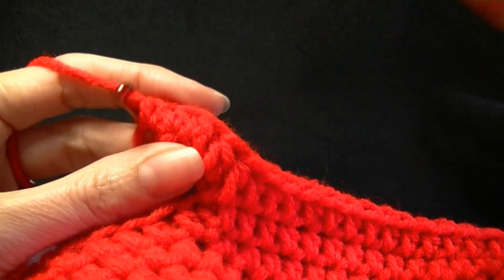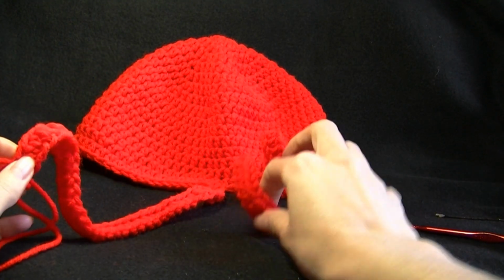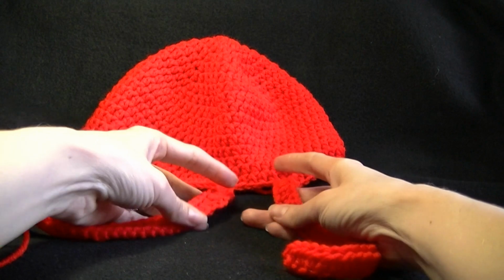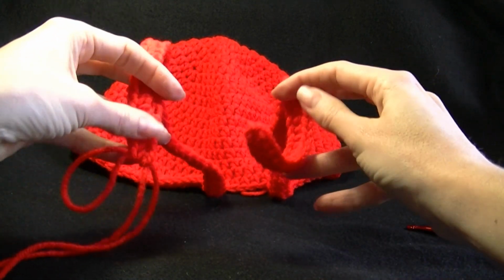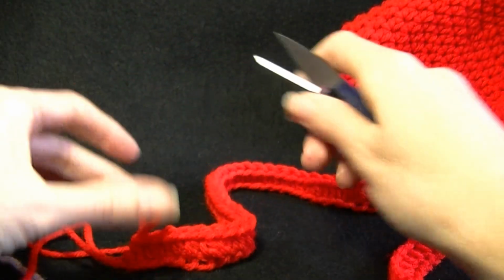Until we get to the end of our chain. So after we finish that second chain, this is what our hat looks like. We've got these two tie-up things like that. And now we're going to change to our...